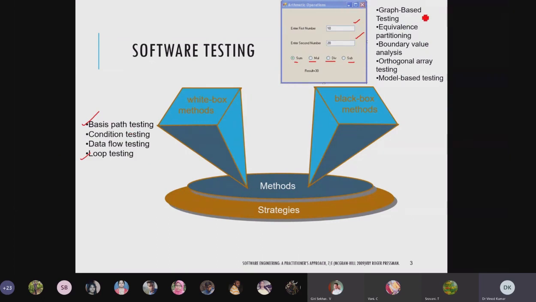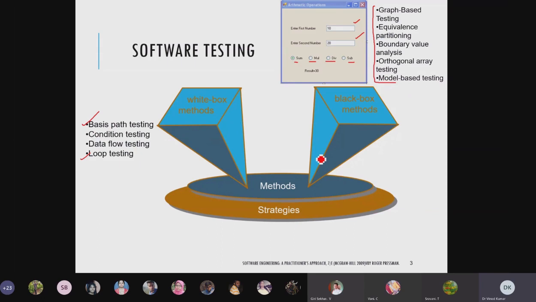You need to understand and know which groups belong to black box testing. These are the five: graph based, equivalence partitioning, boundary value analysis, orthogonal array testing, and model based testing. Sometimes questions are based on this, asking which one belongs where. Suppose I have taken three from this portion and model based testing from the other portion.